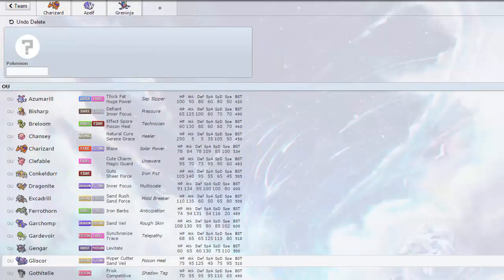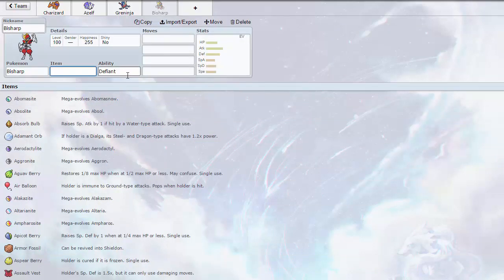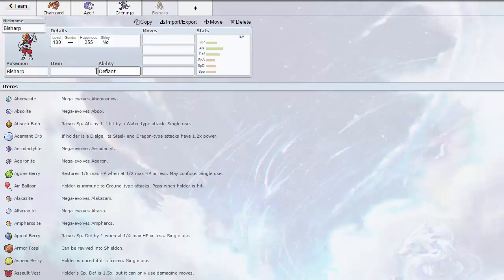Now for the fourth one, I'm actually going to be using another one of offense's best tools, and that's being Bisharp. One of the reasons for this is because of its ability Defiant, which boosts its attack by 2 for each of its stats that is lowered by a foe. So what this basically means is it's like a pseudo block for defog. Basically, if my opponent defogs and I switch this in on the defog, it gets a +2 boost in attack,